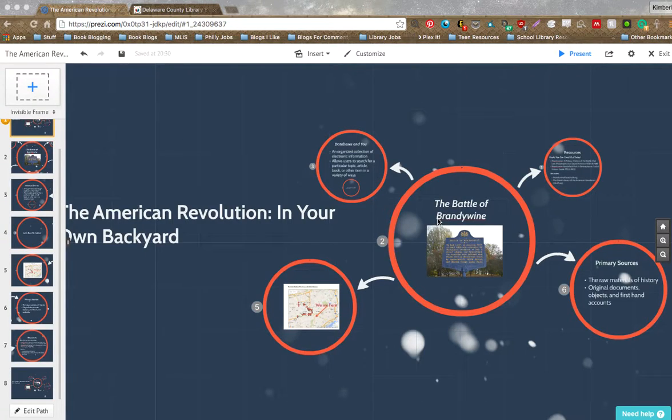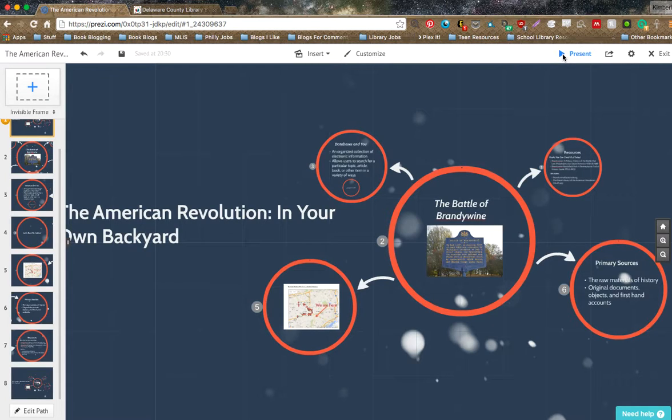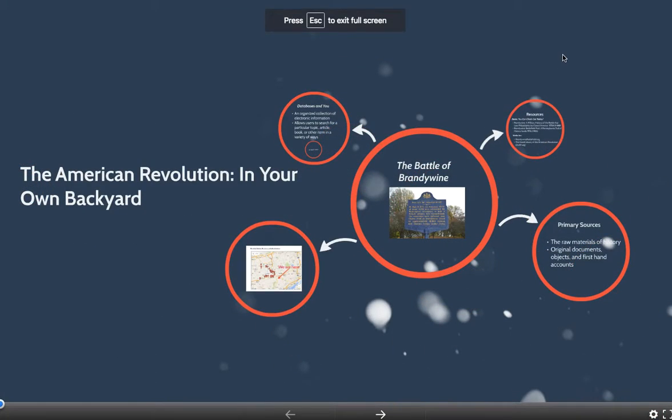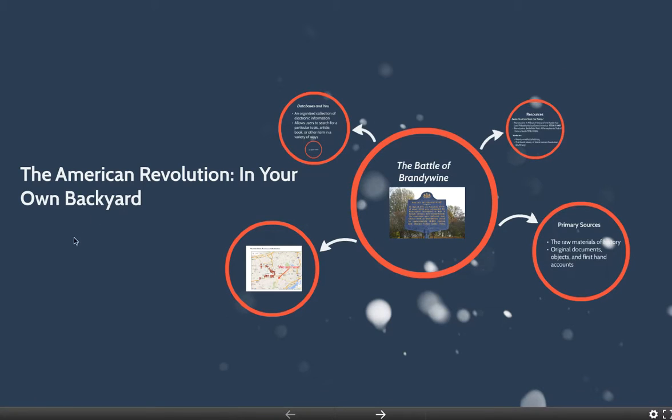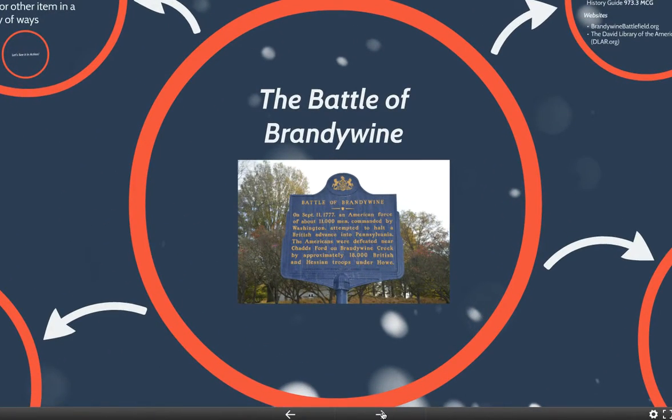So now that we've identified local places of interest that connect us with the Revolutionary War, I want to take a moment to examine one particularly local place and see what kind of information we can find out about it using a database. So we are going to take a moment to focus on the Battle of Brandywine, which was a battle that took place in nearby Chadds Ford in 1777 between American and British troops that ultimately resulted in